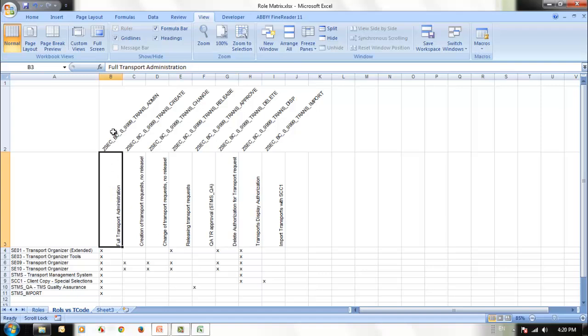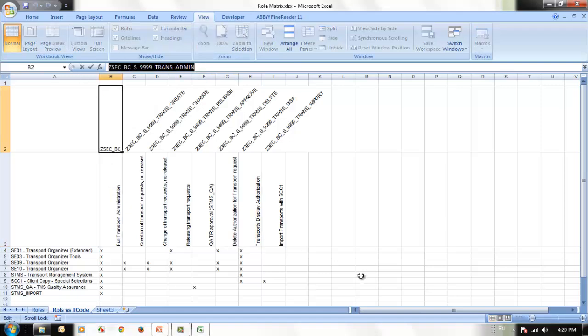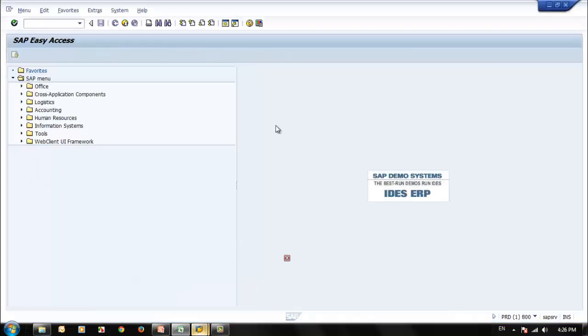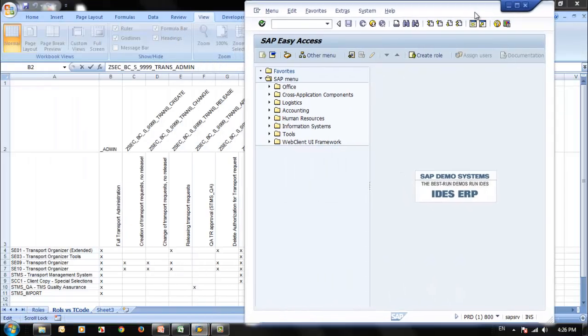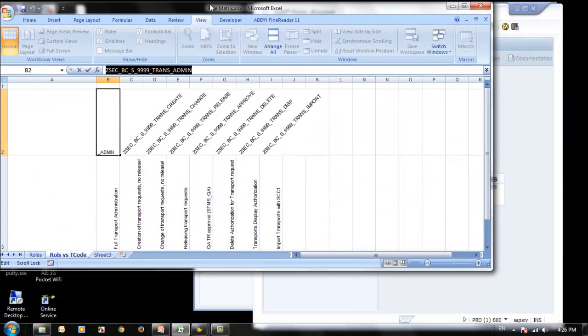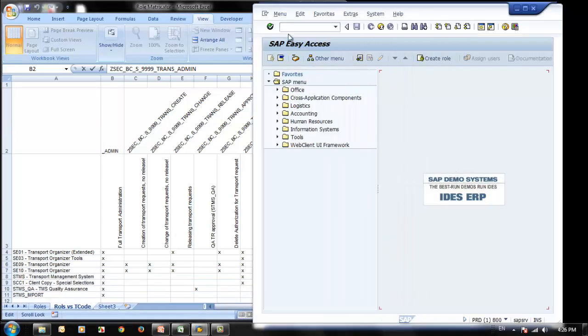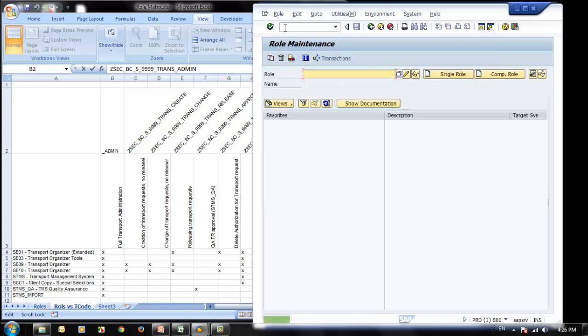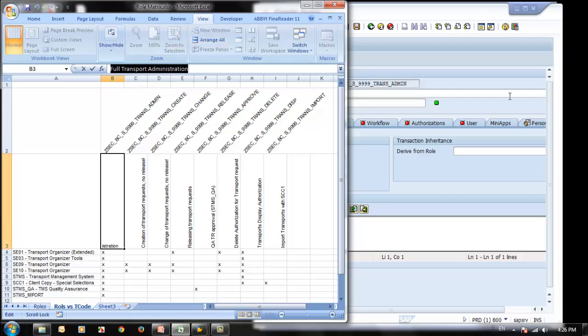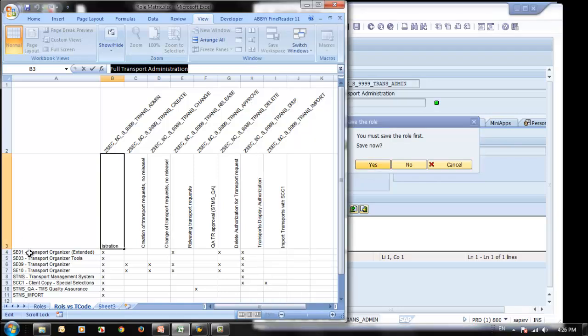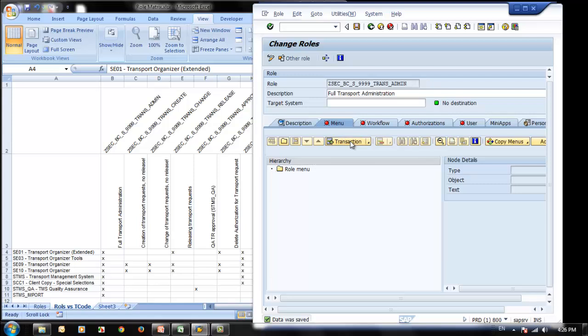Okay, let's create the roles. The first one is transport admin. Let's go to the system. Let's copy the role name, go to my SAP, go to PFCG and put in the role name, say create, menu, say yes. I'm going to add all these transactions,